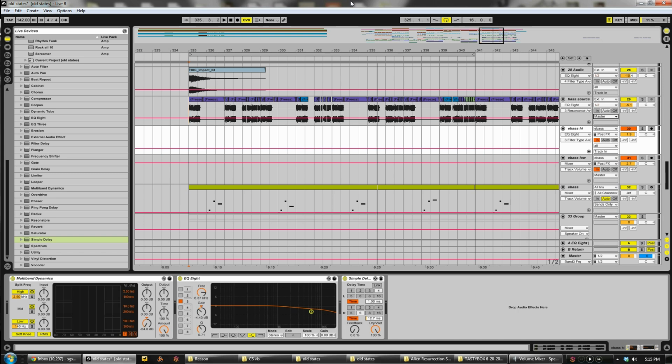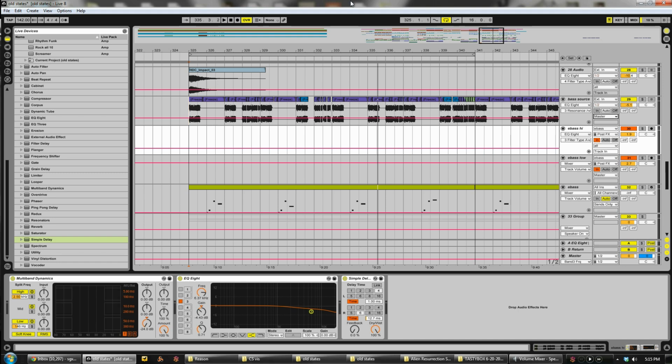You probably already know about sidechaining your bass line to your bass kick to duck your bass line when your bass kick hits. It gives you a little bit more headroom in the mix, and also kind of glues it together. Well, sometimes